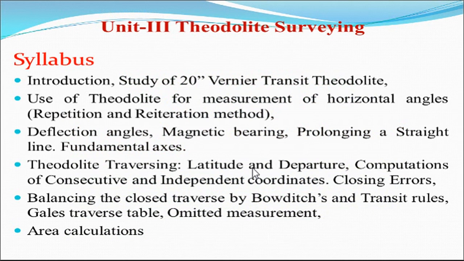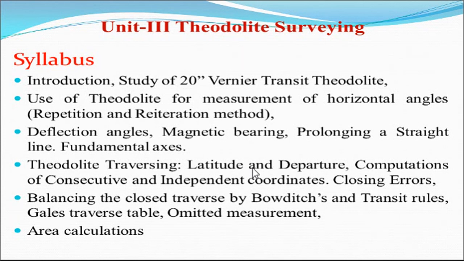Students, if you remember, in our first unit we had discussed plane surveying, that is measurements with tape or chain in the horizontal plane, then compass surveying to measure angular measurements, and plane table surveying to locate more details. In unit number 2 we had seen leveling survey, where elevations are measured in the vertical plane. These are about our first unit and unit number 2.